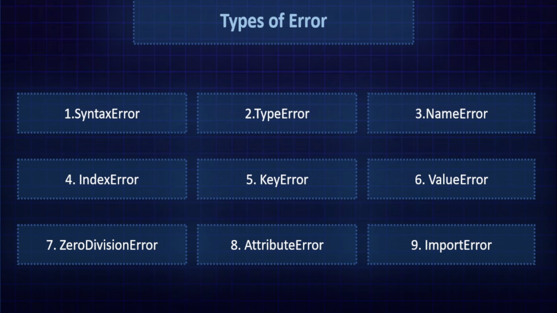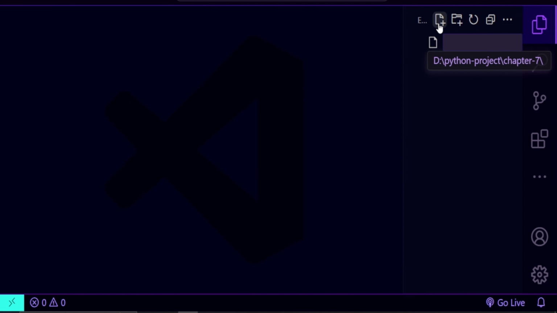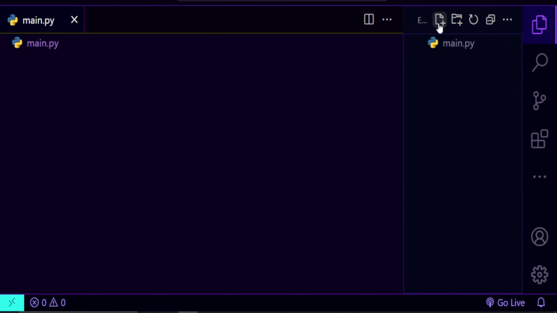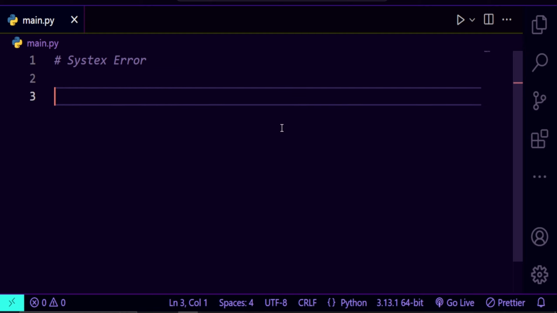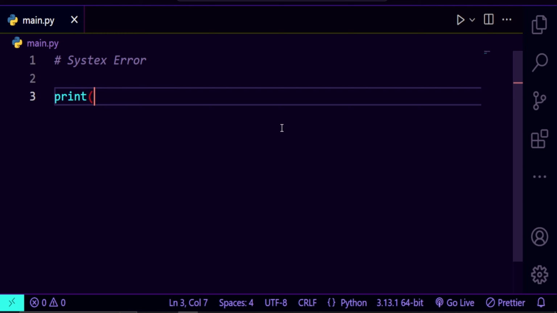Okay, let's start with the syntax error. First, create a file named main.py. After creating it, first, syntax error. Let's say I'm trying to print one variable, print without the closing bracket, trying to print hello. If I try to run it,